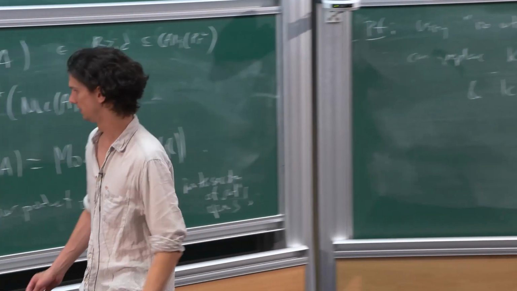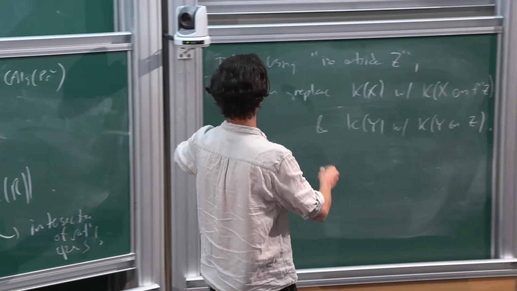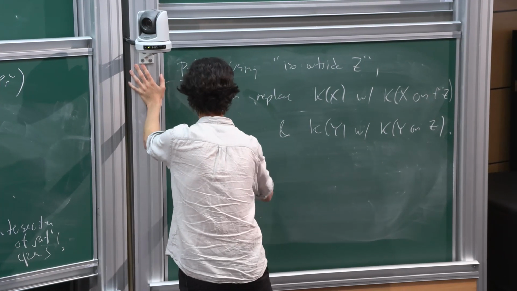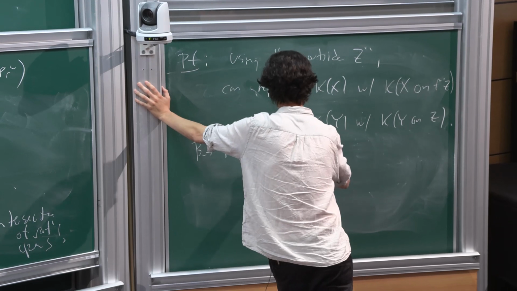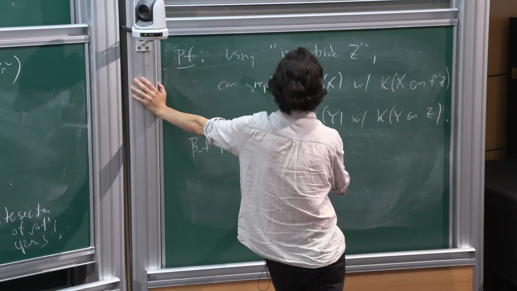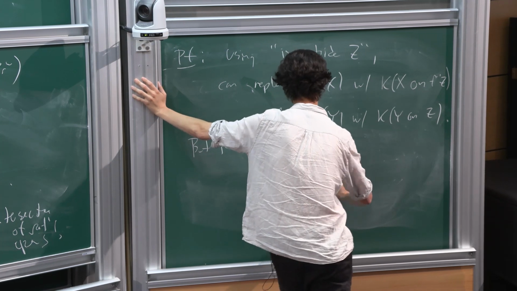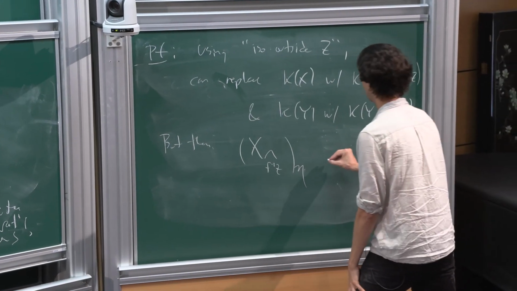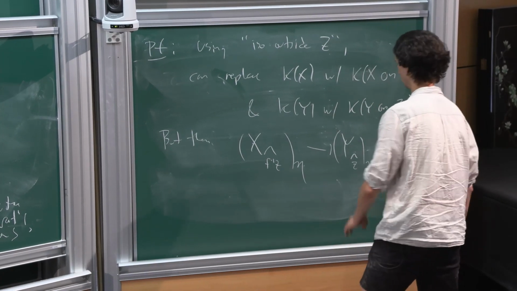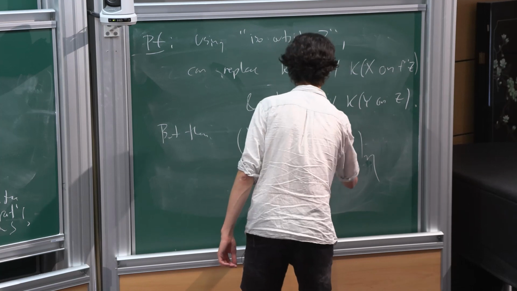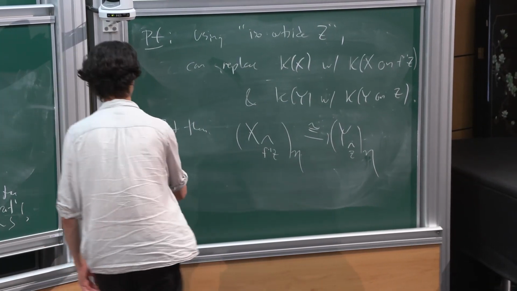We throw it out. But then because it's proper and it's an isomorphism outside an open subset, if you look at X completed along F inverse of Z, and you take the adic locus, that mapping to Y completed along Z, take the analytic locus, then this is actually an isomorphism of adic spaces. In particular, it's the same on K-theory.